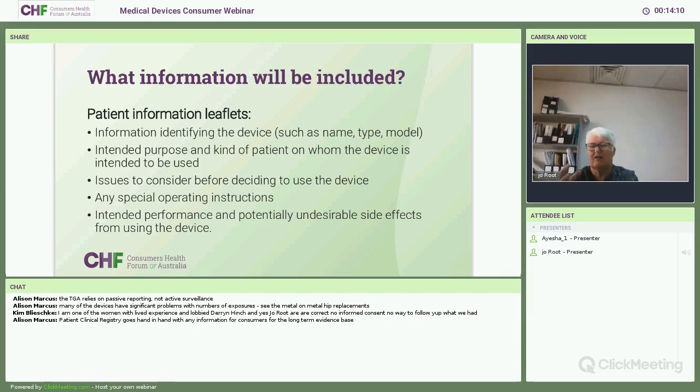And then, how many undesirable side effects do you need to know? Do you need to know the likelihood of that happening? There's a whole string of issues there around how the information is presented, the level of detail. We don't want to scare people off completely, but we want people to have an understanding of what's being done